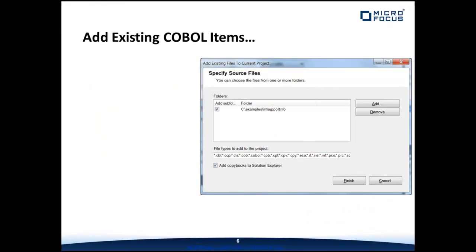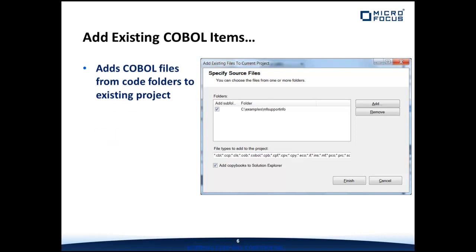Our next tool is similar to the previous tool, except that it does not automatically create our project for us. So after creating a new project using standard Visual Studio methods, we can use the Add Existing COBOL Items dialog to select a folder containing our COBOL application files and import them directly into our project. If the project folder is different than the selected COBOL folder, then links to the original files will be added